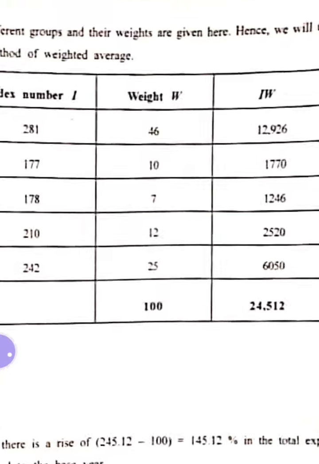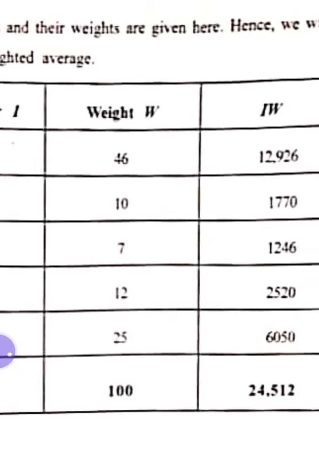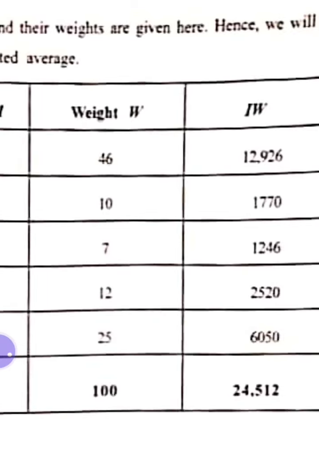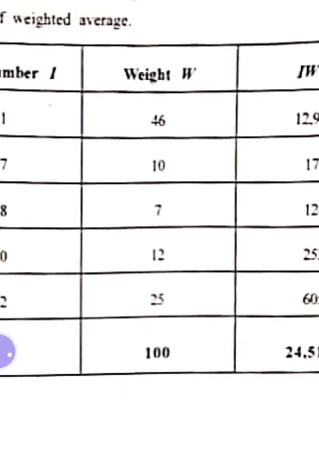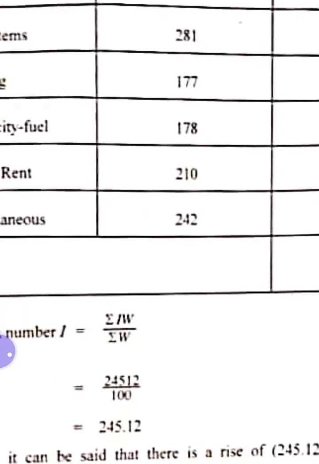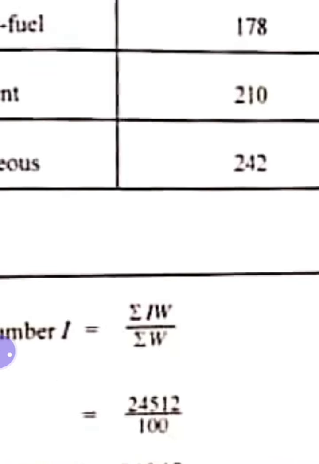If we total the weights, it comes to 100, and if we total IW, we get 24,512. As I told you, for the family budget method the index number is found by the same formula, sigma IW upon sigma W. So sigma IW we have just found is 24,512, and sigma W is 100. We divide it and we get